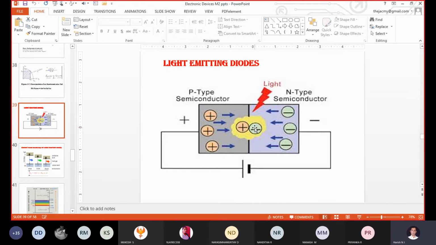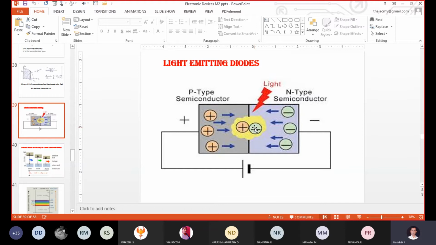Correct. So when you are providing additional energy, due to various methods, increasing the temperature, due to the sunlight, whatever it may be, correct. So once the energy is given to the electron, those present in the valence band, that electron only will move from the valence band to the conduction band.